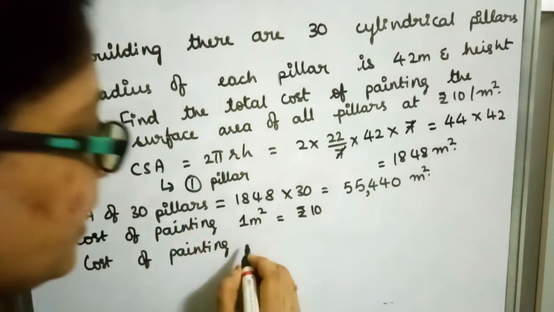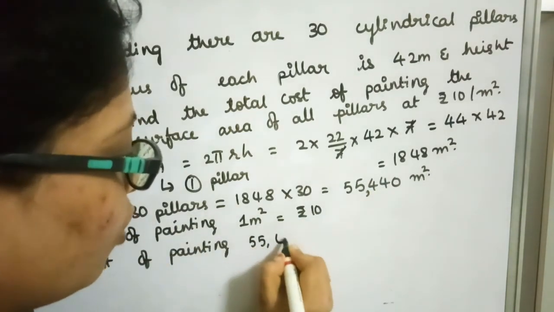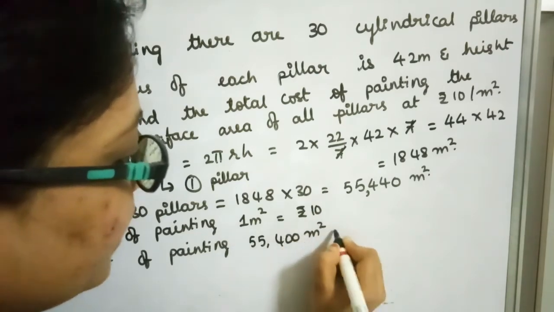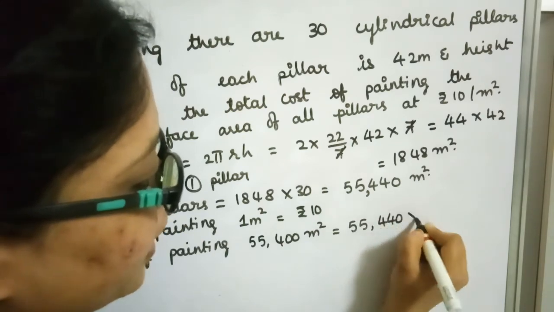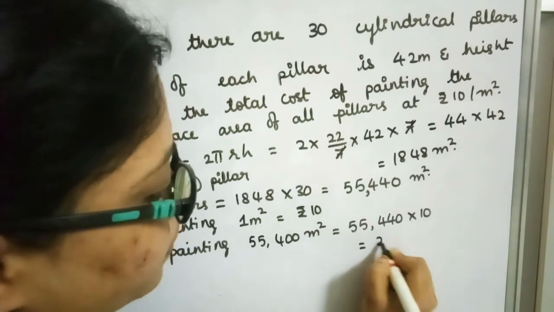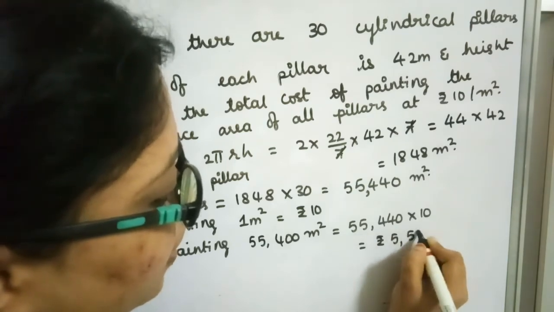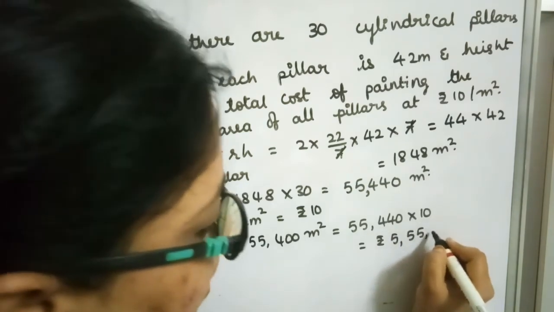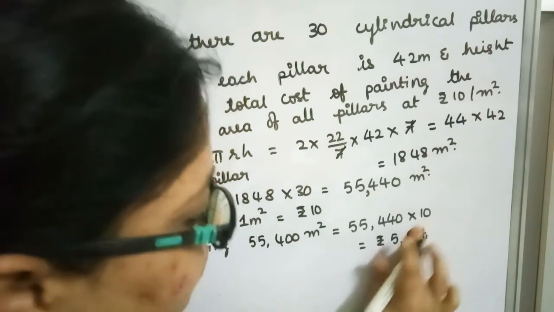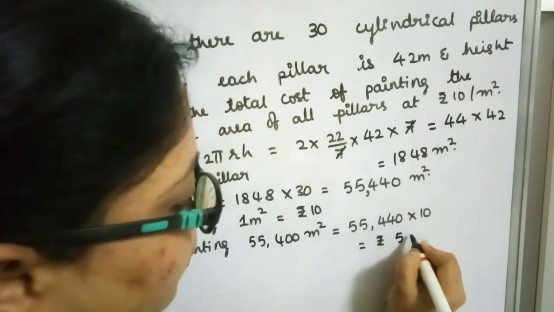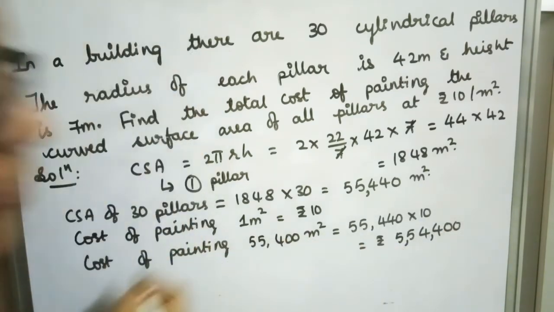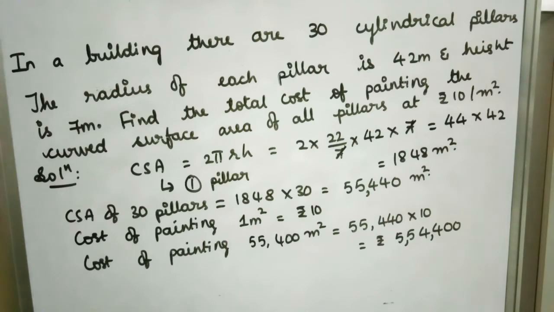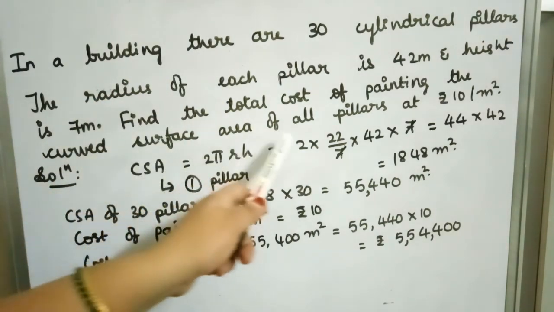So the cost of painting 55,440 meter square is equal to 55,440 into 10, which gives you 5,54,400. So in this way we have to find out the cost of painting the curved surface area of all